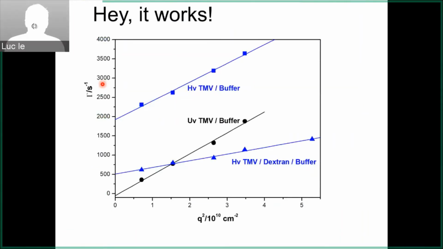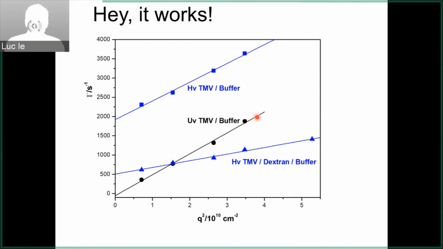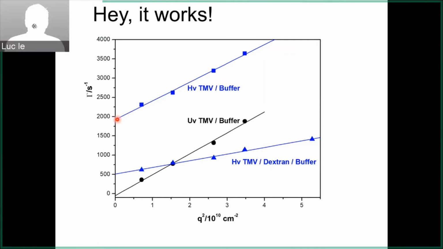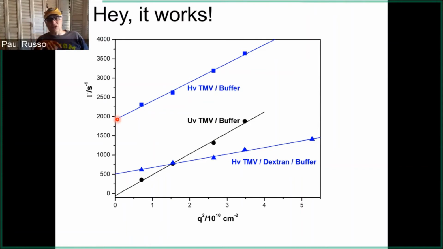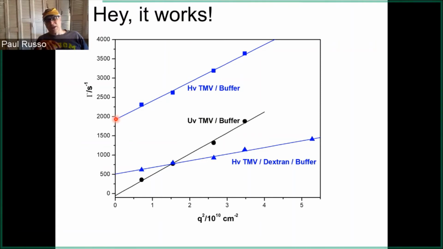So anyway, this is just showing you what you expect out of those equations that Luke would know. Gamma versus Q squared is a nice straight linear plot with slope that gives you the translational diffusion coefficient. And then the depolarized signal is almost the same slope, but with this finite intercept. And that intercept, if you go back and look at those equations, is 6 times the rotational diffusion coefficient. So if I divide this number, about 1800 or 1900, by 6, I got my 320 rotational